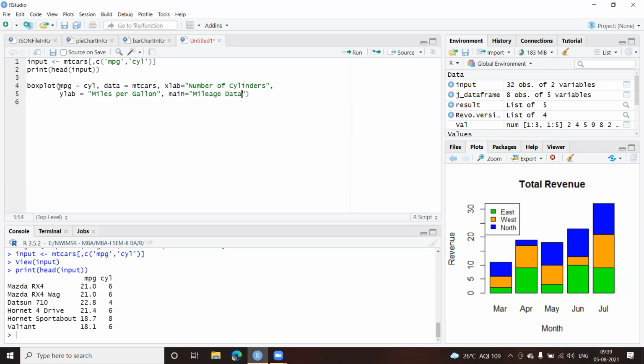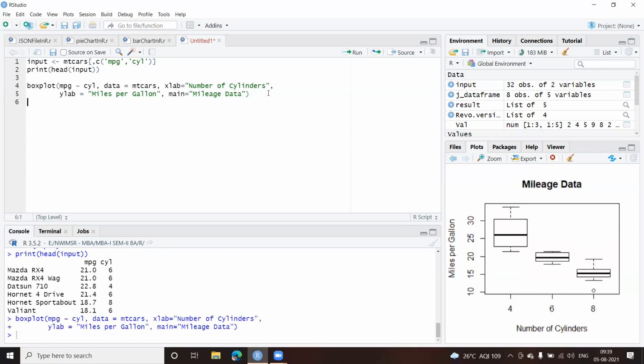Now, when we execute this, let us first of all see whether there's no error. Okay, let's execute this one. Right. Now here we can see your box plot. It gives you the values here. Now let us try to put some more